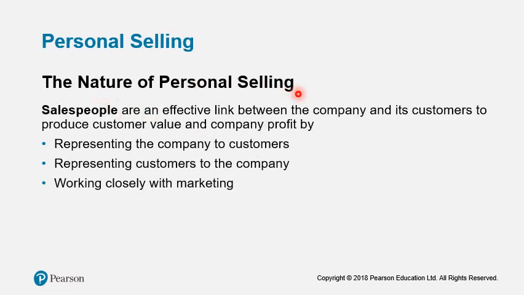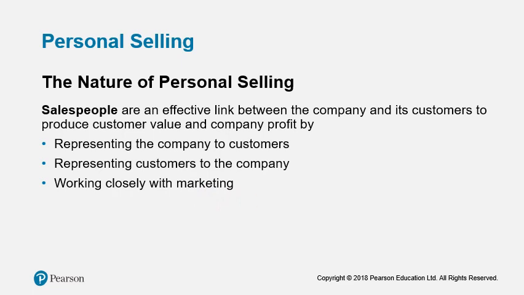So let's look at the nature of personal selling. A salesperson is the one who does personal selling. Salespersons are an effective link between the company and its customers to produce customer value and company profit, by representing the company to the customers, and also by representing customers to the company, because they listen to what customers want and might inform the management on the current demand of the customer. And also salespersons work closely with the marketing department, especially in designing the marketing campaign